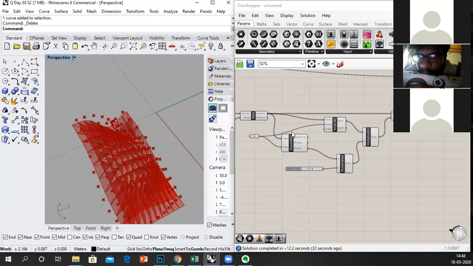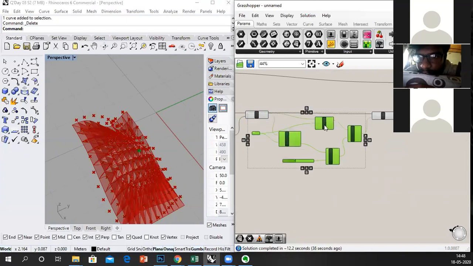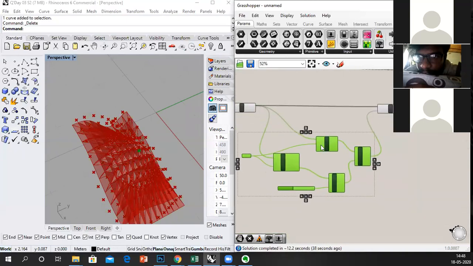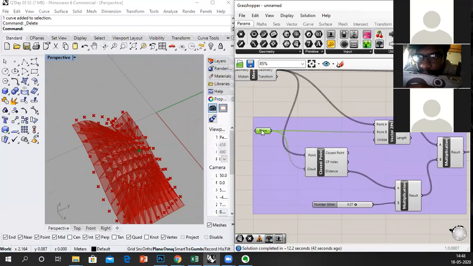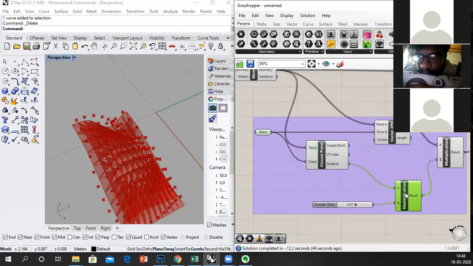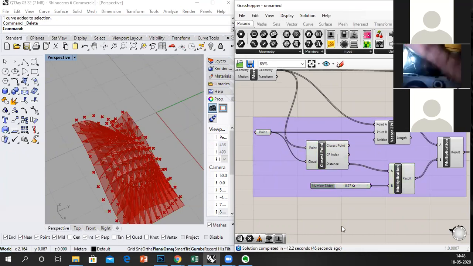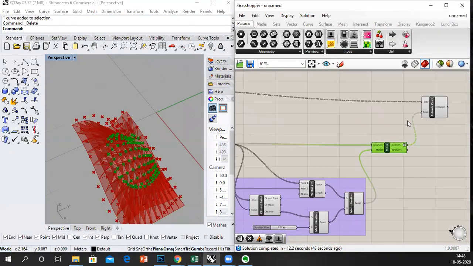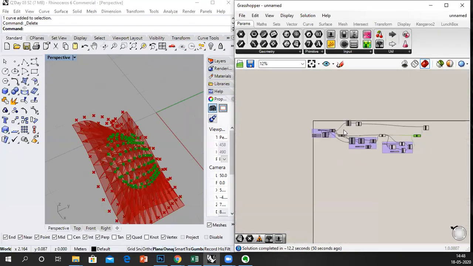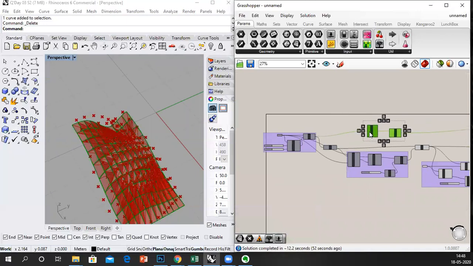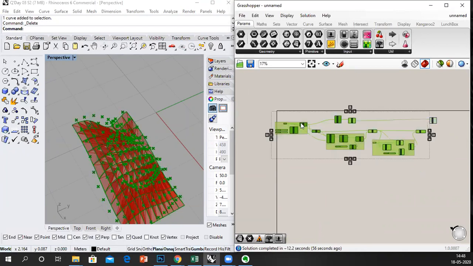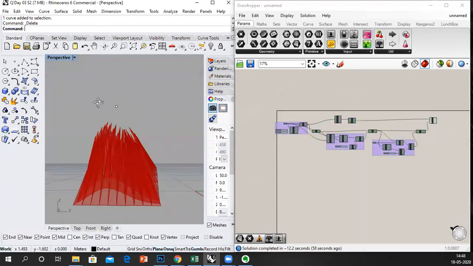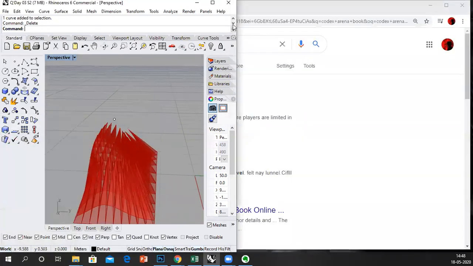If I kind of hide everything apart from the initial content, I can hide everything, and there you go.